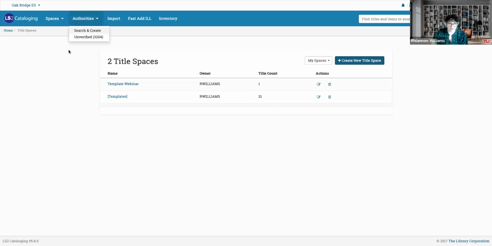So now I want to jump in here to our LS2 cataloging. So this is a 5.8.0 build. Actually, this is like an in progress build of some of the new things coming in the future. So if anything looks a little bit different, it's probably something coming in the coming release, release 2 of this year. But I want to show first the process of creating a template from a record that you already